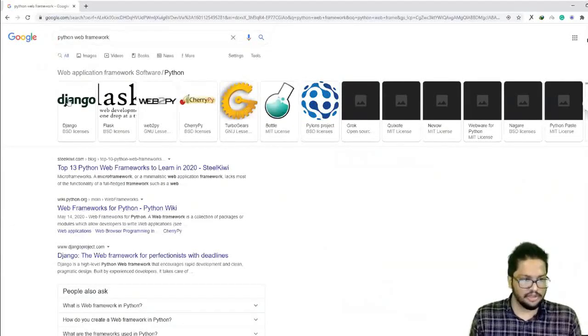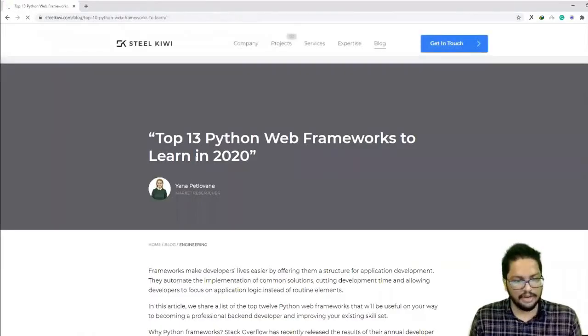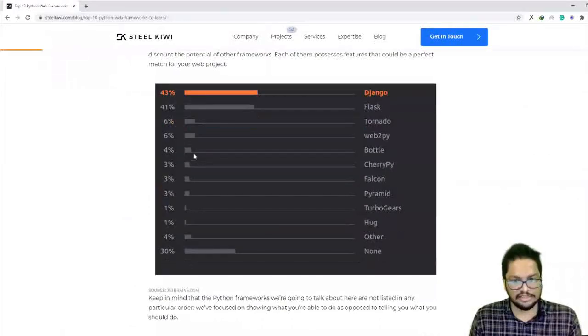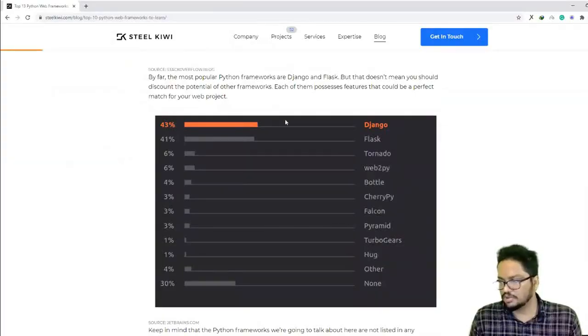So Django, Flask, Web2Py, CherryPy, TurboGears. We have lots of options available for Python, but Django and Flask, you can see, are the most popular and commonly used